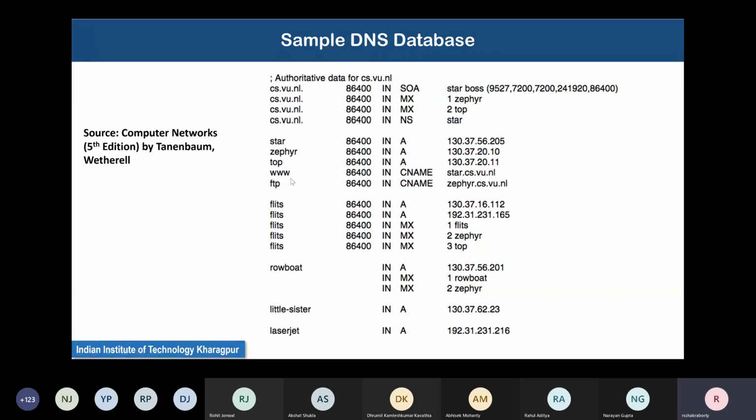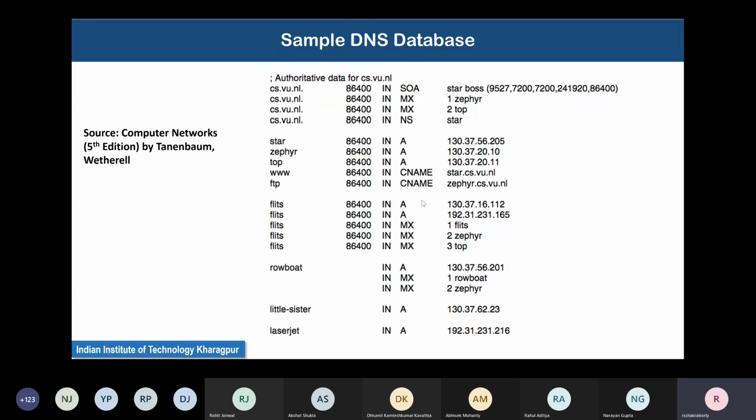Top has this. www is a CNAME for star.cs.vu.nl, which means www.cs.vu.nl, the web page for the department, is essentially a canonical name for the server star.cs.vu.nl, which means that somebody could have typed http://star.cs.vu.nl to try to connect to www.cs.vu.nl. Okay, we will see HTTP later on in today's class.